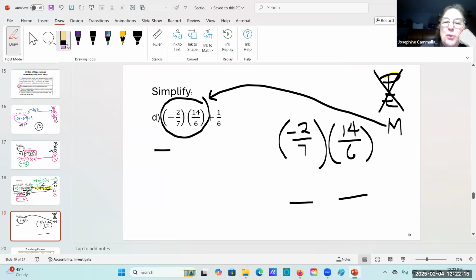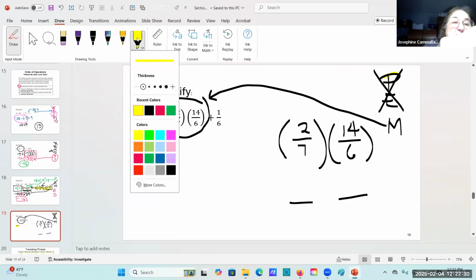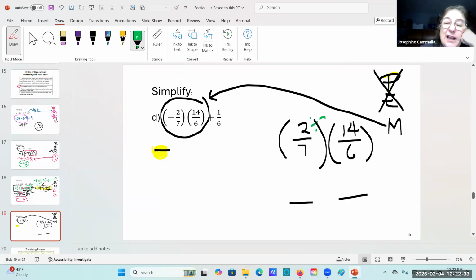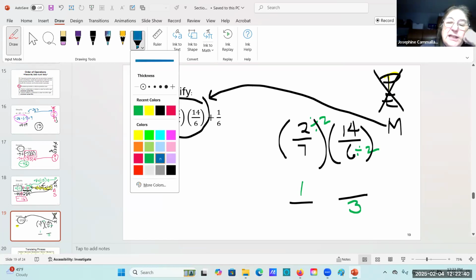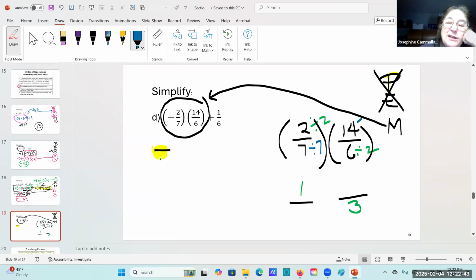So technically, once I write that negative sign over here, I really don't have to, on the side, keep my negative signs, but I got to remember it's still there. When I cross cancel, divide by 2, 1, 3. Divide by 7. Multiply these two together. I get 2/3